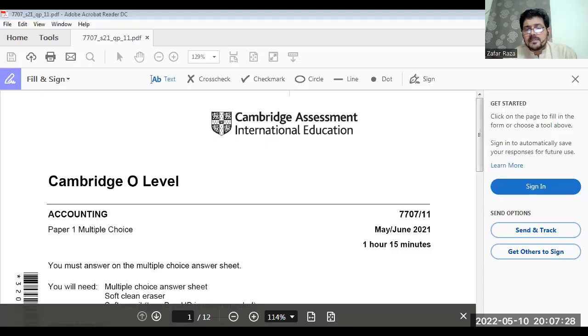Okay, now see the paper. This is May-June 2021, paper 11. And the other variant, our variant is 12, and this is paper 11. Okay. Now,